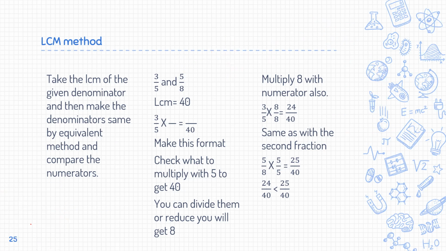Now I hope you have gotten an idea what we are going to do. So we have to make the denominator same by the equivalent method and compare the numerators. Okay, by LCM we will make the denominator same. How? You have to first of all make this format. Now check what to multiply with 5 to get 40. अब इस 5 के साथ आप क्या multiply करोगे कि आपको 40 मिल जाए? ये नंबर्स छोटे हैं तो आप इजीली बता सकते हो कि 5 के साथ 8 मल्टीप्लाई करो तो आपको 40